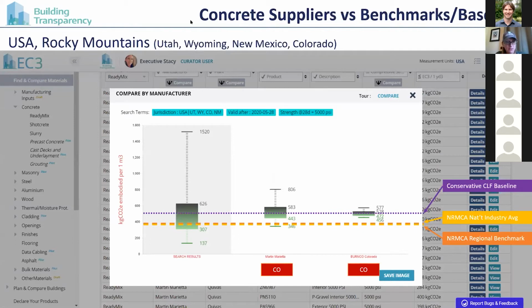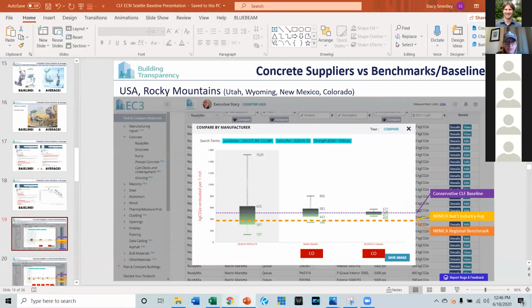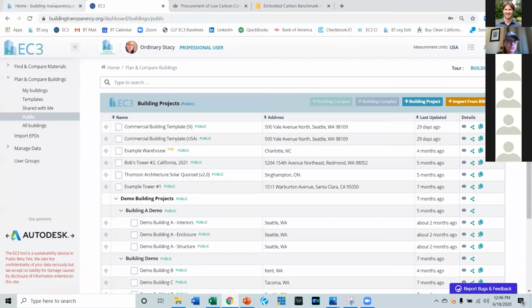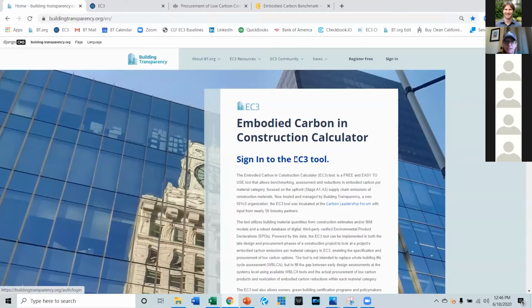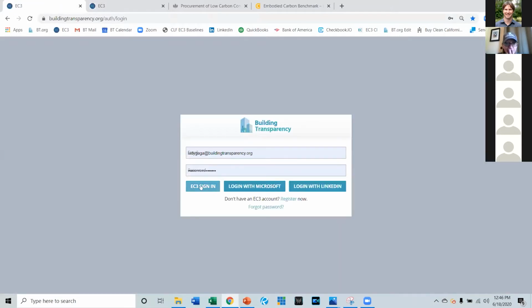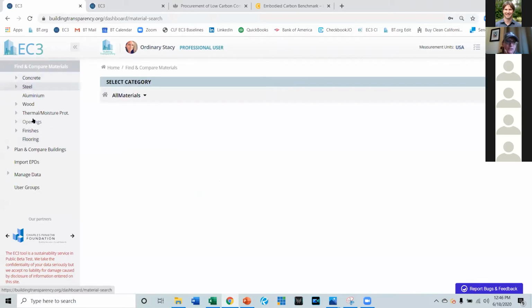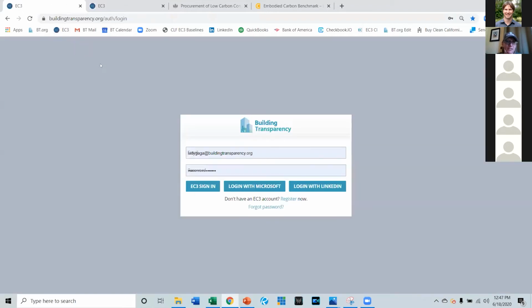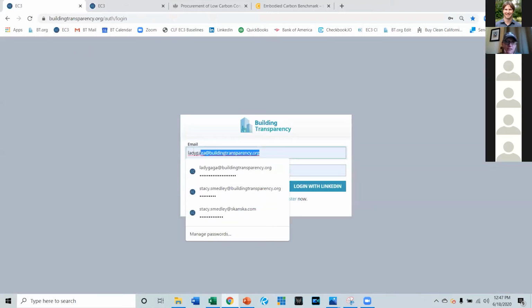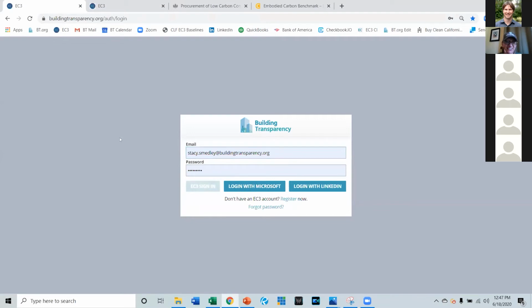I'm going to go ahead and go in the tool just to do this live and then go back to my slides. So if I log in to EC3 from my public account, my Lady Gaga at buildingtransparency.org address, where I'm just an ordinary user seeing just the normal tool, you'll see here there's the materials that are currently included. If I go back and I log in as my executive Stacy curator account, what you're going to see is